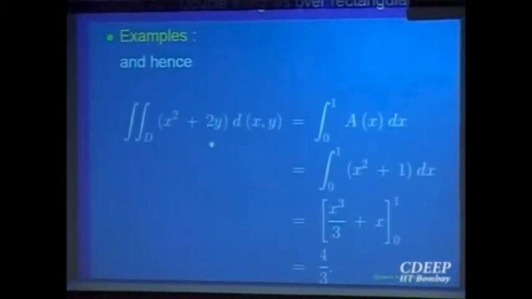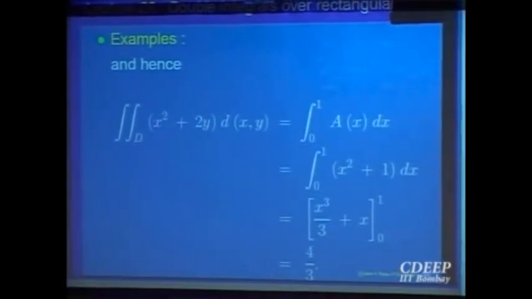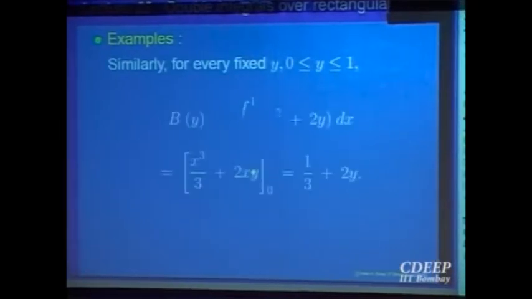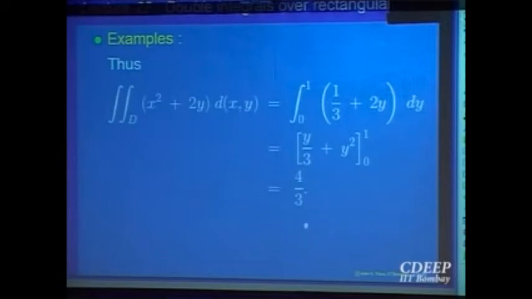So that is a double integral. If you integrate out first y and then x. Let us do the other way around and verify that actually we are getting the same answer. Y is fixed. Now x is being integrated and y is fixed. So y is a constant as far as this integral is concerned. You integrate it out, answer will depend upon y, and then integrate that also with respect to y from 0 to 1. So these are simple examples to illustrate Fubini's theorem.